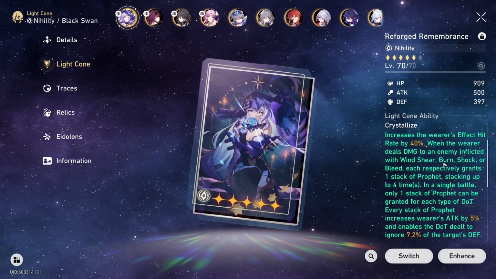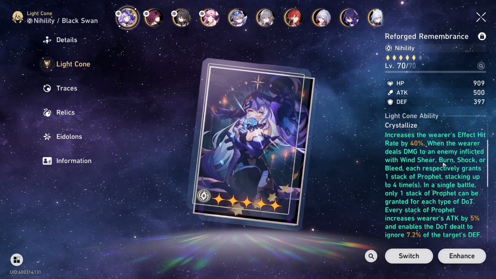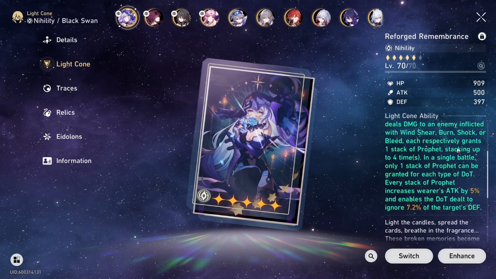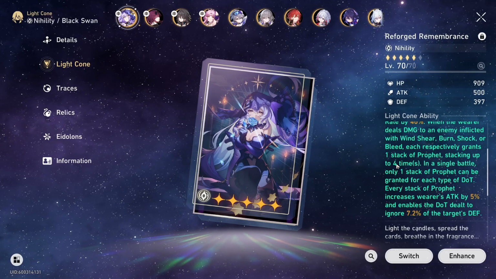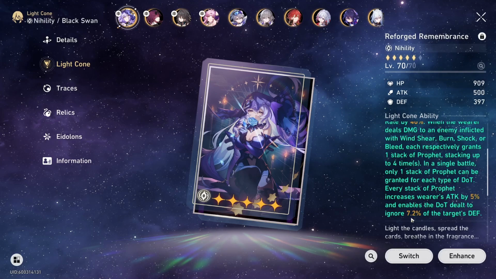So just like that, you're already 1/3 of the way to 120. It's a really good light cone, if I'm being honest, and not because of the 40% effect hit rate, but for the second part of the passive. For every enemy that is afflicted with wind, burn, shock, or bleed, you get a stack of Prophet, and that is going to increase your attack by 5%, and it's also going to make your dots ignore 7.2% of